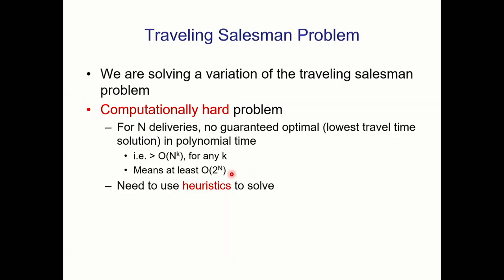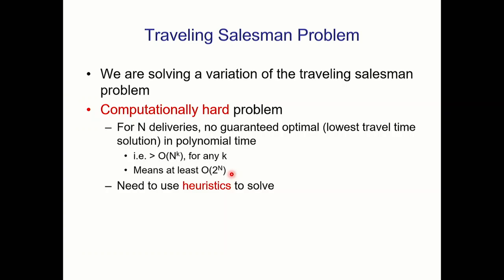This is outside the scope of this, but basically in, I think, ECE345, you're going to study that there is a class of problems called NP-complete problems. These are computationally hard problems, and you cannot prove that you can find a solution in polynomial time, and if you are given one of these problems, you can reduce it to any type of other problems. And one of these problems can be proven that it's going to take 2 to the n time complexity. And that's why we use 2 to the n. It might not be exactly 2 to the n in our case, but it's like some constant multiplier of this,